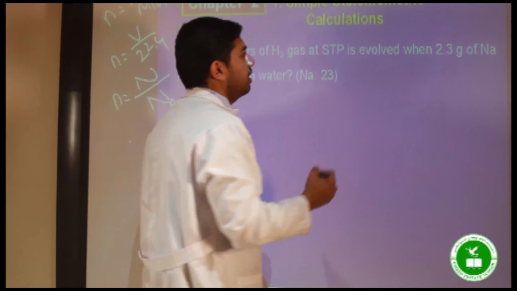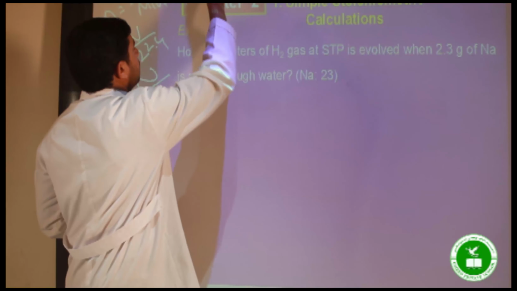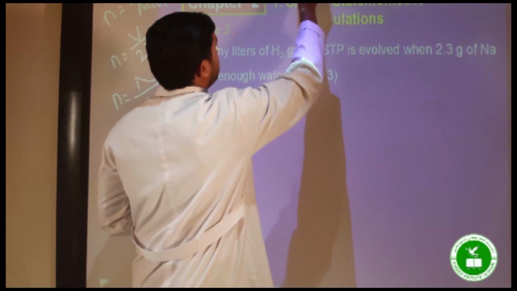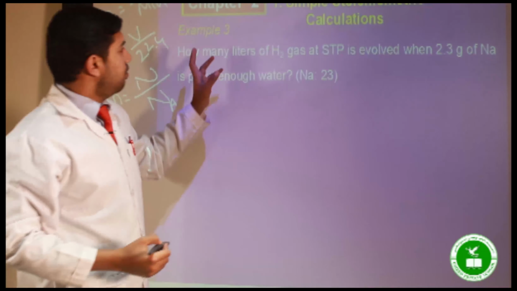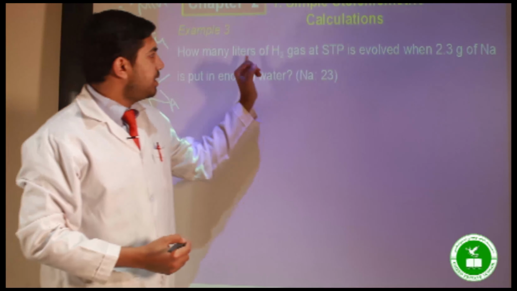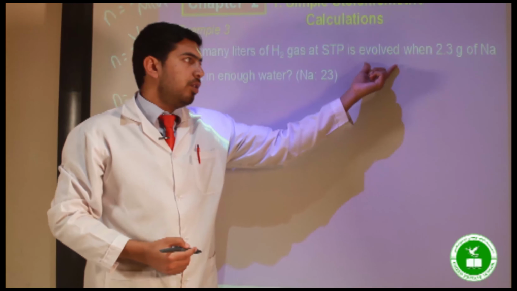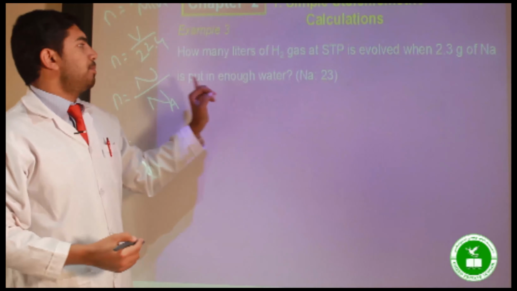Today, let me explain another example. Let me solve it for you. Let me check which color is working. The yellow will be good. Now, let's come to the question. Example 3. How many liters of hydrogen gas at STP is evolved when 2.3 gram of sodium is put in